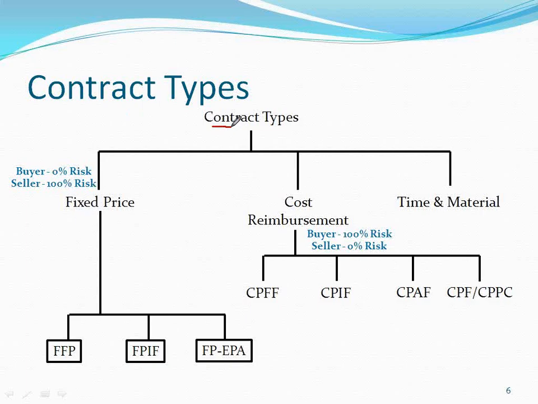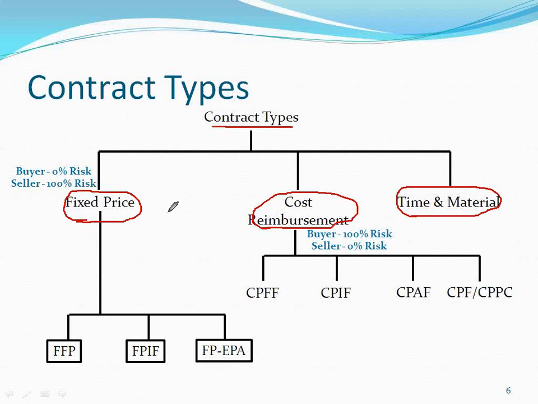In your organization, assume that there will be 3 types of contracts that will be used. What are the 3 types of contracts? Fixed price contract, cost reimbursement contract, time and material contract. So what are the three? Fixed price, cost reimbursement, and T&M, time and material. As the name suggests, fixed price contracts are the contracts where the amount will